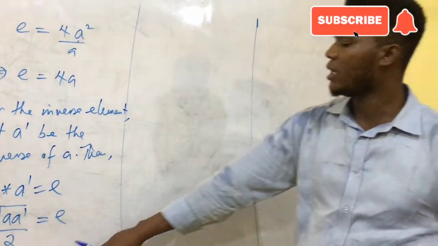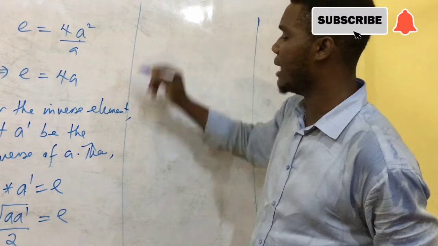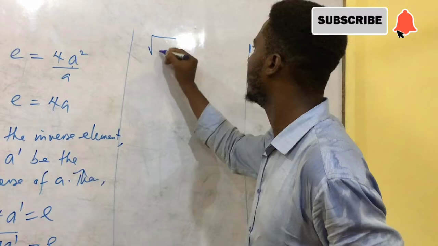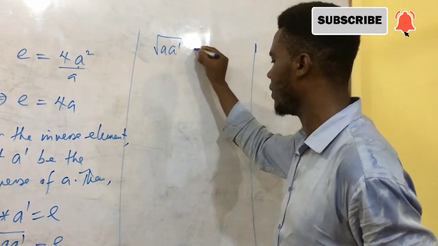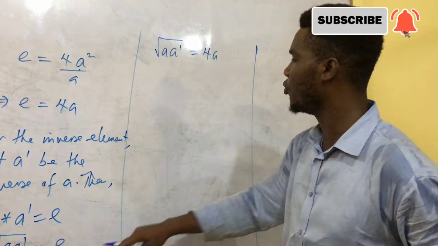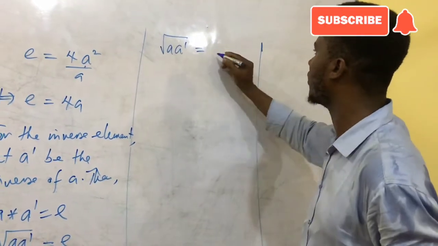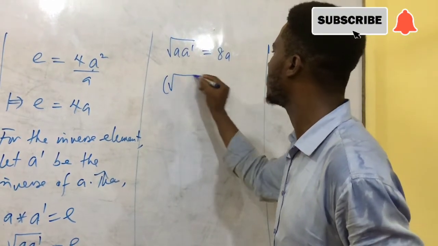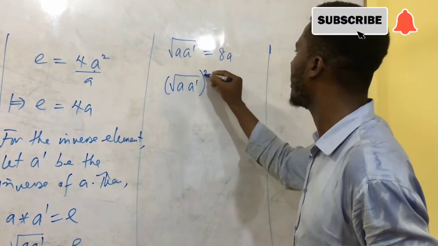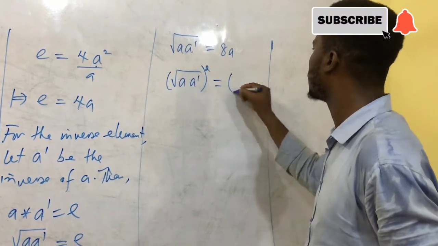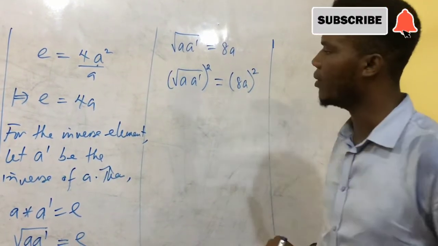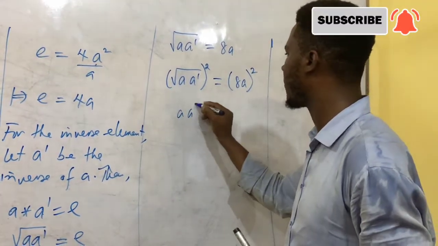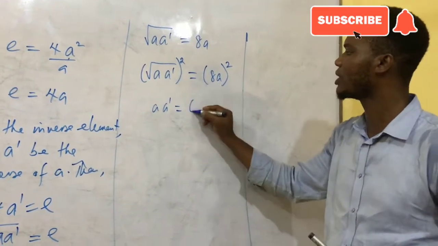Now, bringing the problem over here, what am I interested in? I'm interested in getting A prime. So I'm going to make A prime the subject of formula by doing this. So square root of A A prime will be equal to 4A times 2, which was the denominator on this other side, and that will give us 8A. Okay? Now, if I take the square of both sides, this will give me the square of the square root of A A prime, and this will give me the square of 8A. Okay? Squaring both sides implies that the left hand side becomes A A prime, and the right hand side becomes 64A